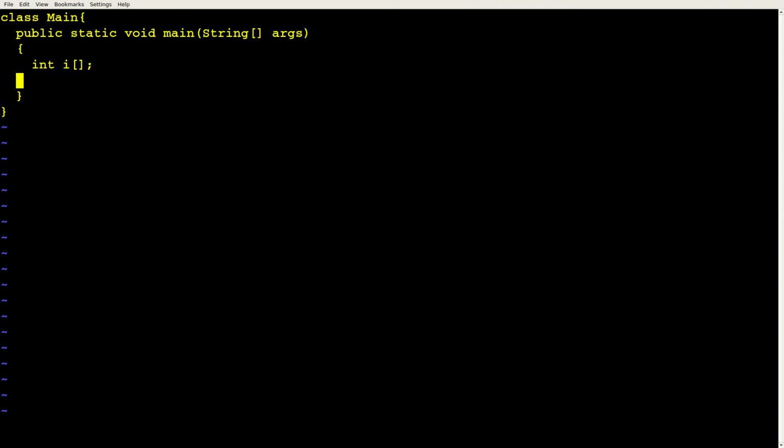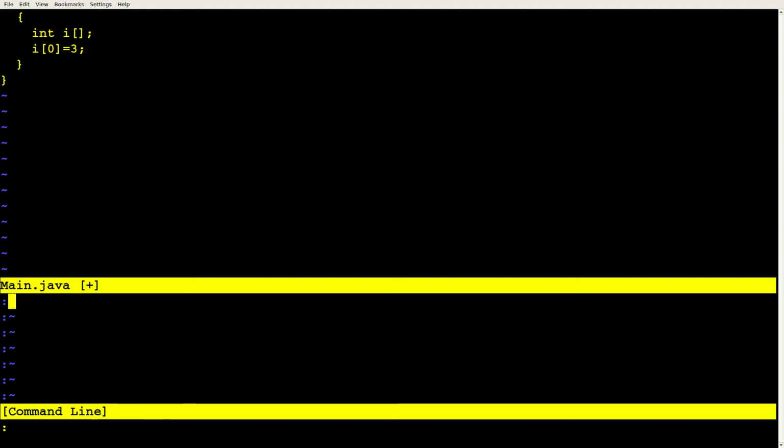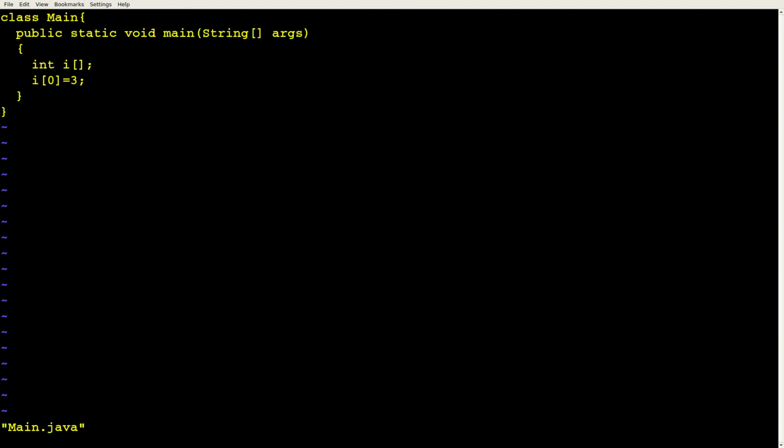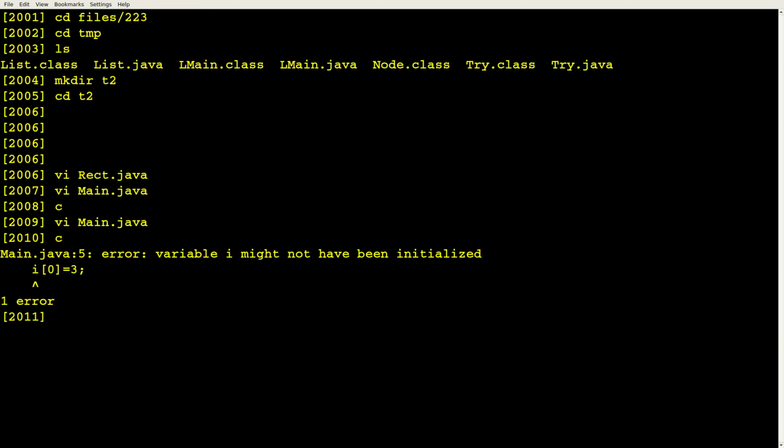Over here, when we say integer I bracket bracket, we're saying I is going to be an array of integers. But if we do something like this, try to use element 0, it'll complain to us that I has not been initialized, which is kind of saying you would get a seg fault if I actually ran this.